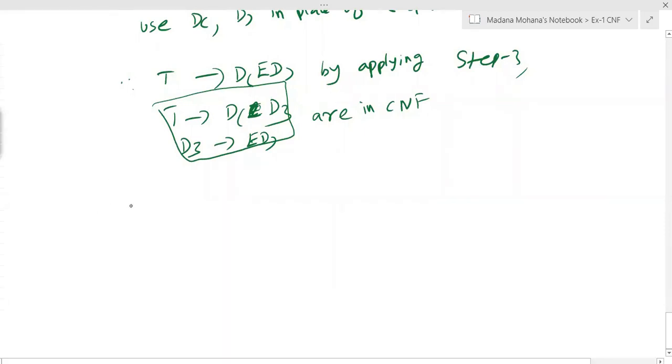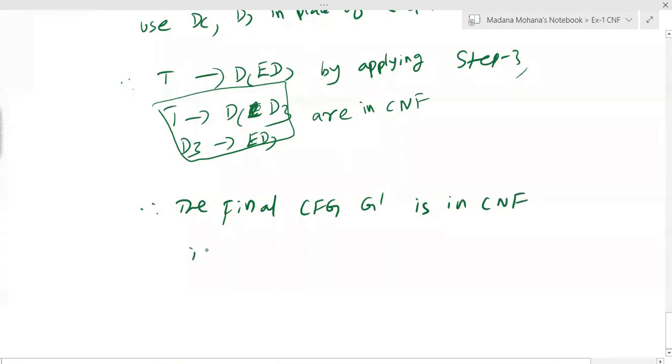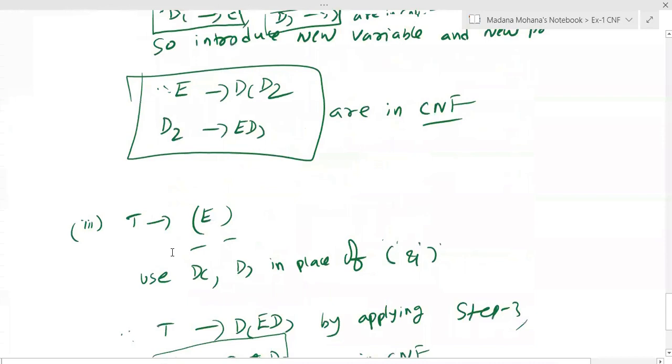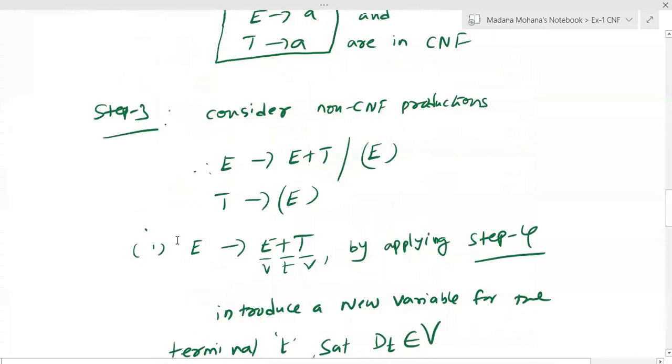All you can write down now. Therefore, the final CFG G dash in CNF is given below. Now write down all the productions. First, step 2 you can write down in order. In step 2,